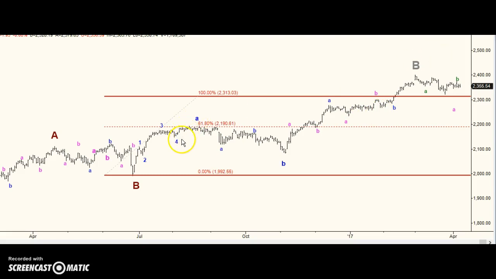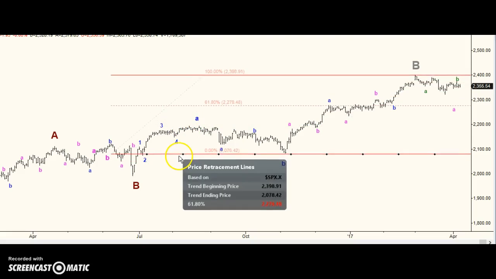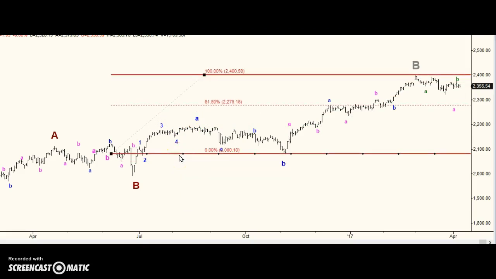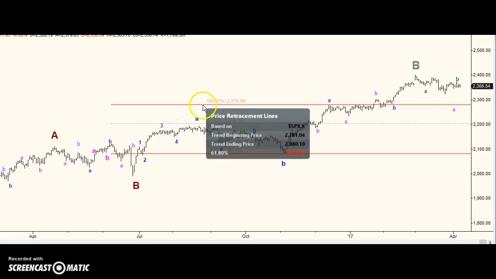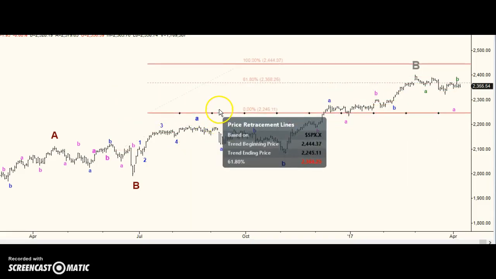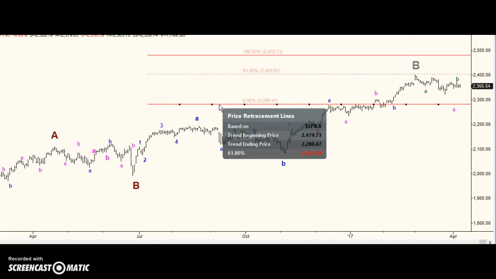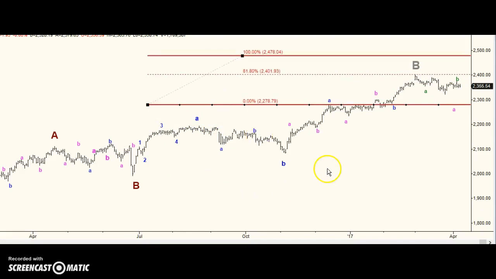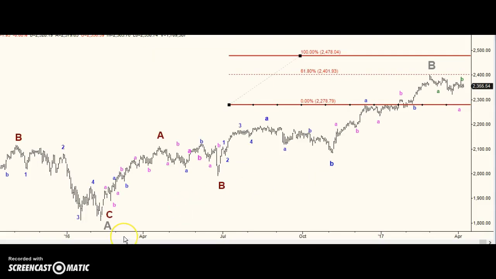Furthermore, here's wave A, and there's a clear Fibonacci relationship between A and C. And there's also a clear Fibonacci relationship between this A and that's C. This rally from this low is easily countable. It's a 3-wave structure, and in my opinion can't be counted as a 5. That means this isn't wave 5, it's B, and the wave C, gray C, is coming.